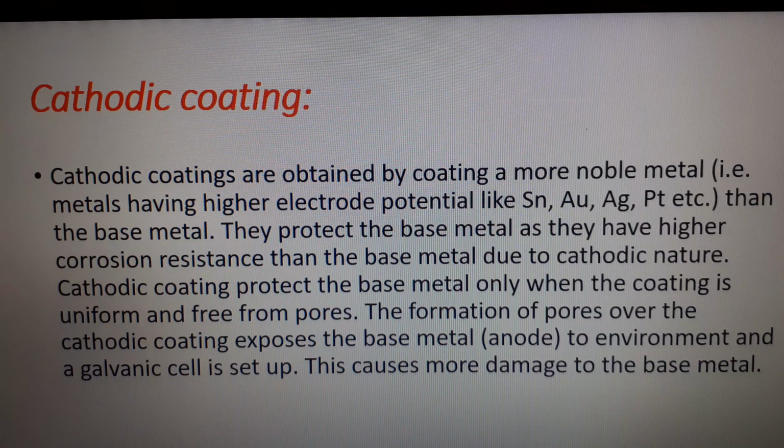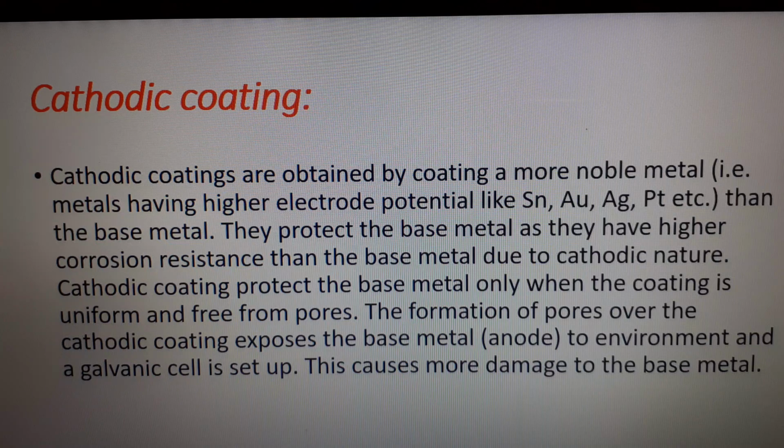Since tin is lower than iron in the electrochemical series, however, if the surface coating is punctured, the tin becomes the cathode, while the exposed iron, which is above tin in the electrochemical series, acts as an anode. So, a galvanic cell is set up and intense localized attack at the small exposed part occurs, resulting in severe pitting and perforation of the base metal such as iron. Such a combination of small anode and large cathode area is always very dangerous.